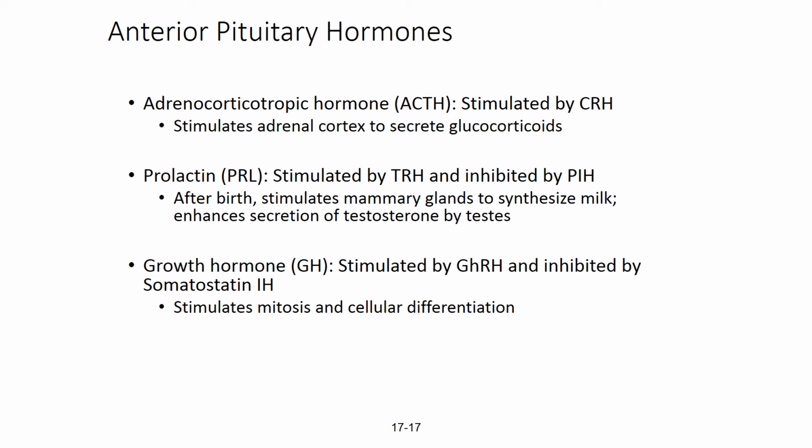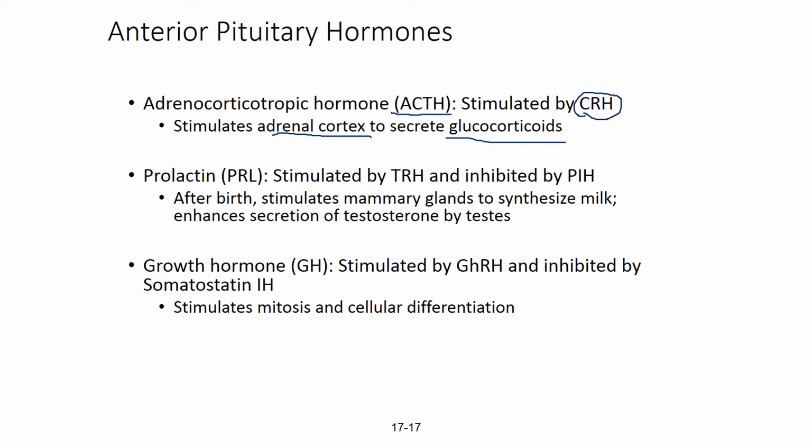Okay, the other one we're looking at is adrenocorticotropic hormone. This one is stimulated by corticotropic releasing hormone from the hypothalamus, and we call this one ACTH for short. This one is released from the anterior lobe. What it will do is stimulate the cortex, the outer layer of our adrenal glands, to secrete multiple hormones that we call glucocorticoids, many of which are going to affect glucose levels